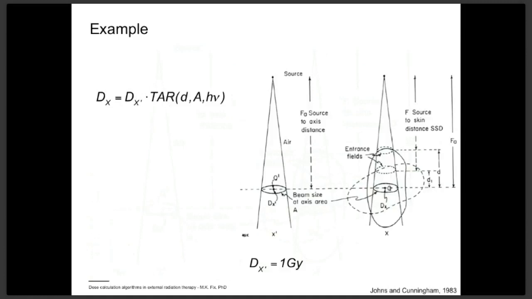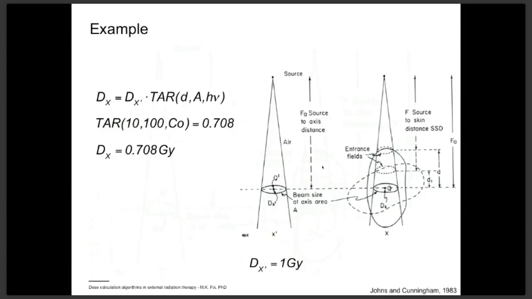using the tissue-air ratio for the depth, for the field size, and for the energy. So in this case, we have a depth of 10 centimeter, which goes from the surface to this point. That's the distance D. We have a field size of 100 square centimeter. We have a cobalt source. And if we go to the table, it lets us know that the tissue-air ratio is 0.708. So the dose X, given a dose X prime of 1 gray, we receive 0.708 gray from this beam